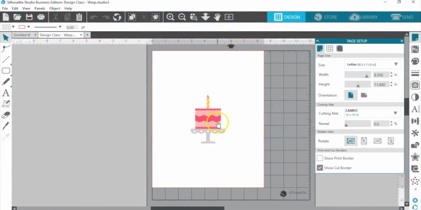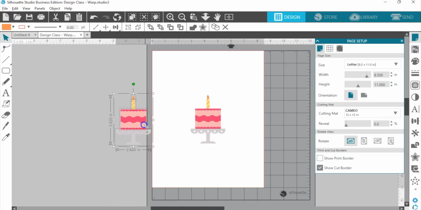So I already have this cake design opened and recolored, and it's really cute the way it is, but the Warp tool lets us add more personality. So I'm going to select it and hold Alt or Option to drag a copy off to the side, and we're just going to save that so we can compare the two designs later.